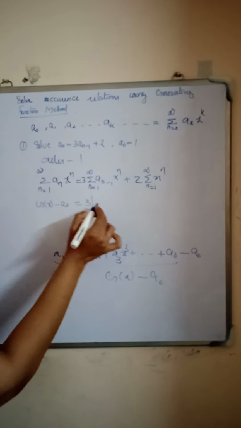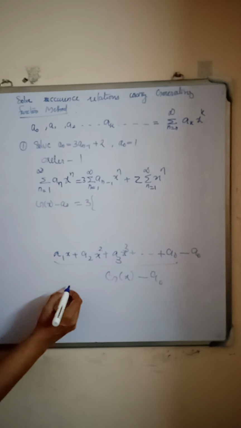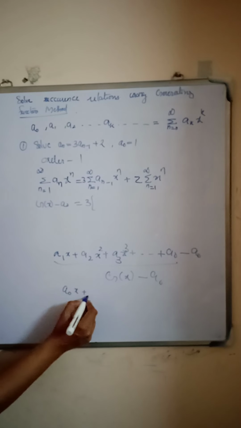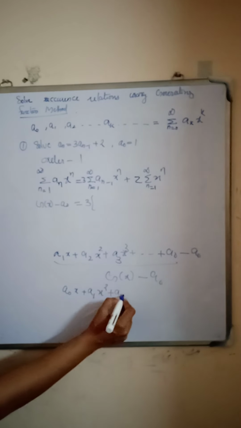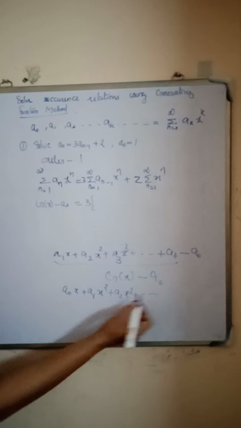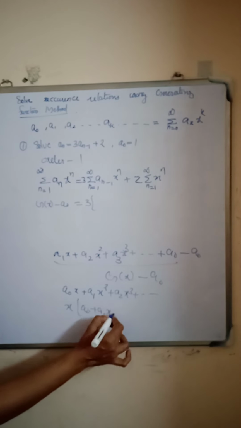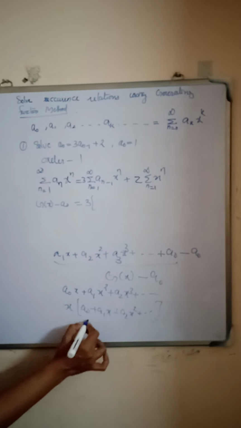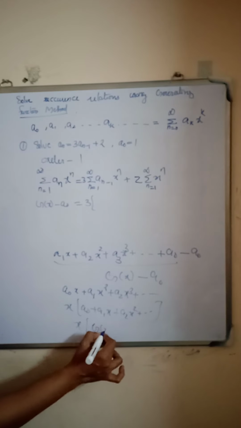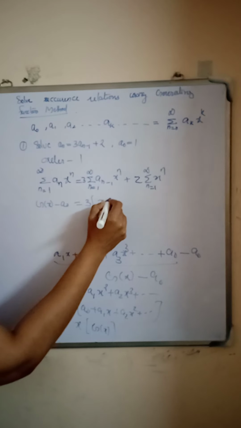That is equal to 3 into, what is the next term? Sigma n is equal to 1 to infinity a n minus 1 x raised to n. When n is equal to 1, it is a0 x raised to 1 plus a1 x square plus a2 x cube plus etc. Taking x outside, it is x into a0 plus a1x plus a2 x square plus etc. That is x into g of x. So 3 into x into g of x